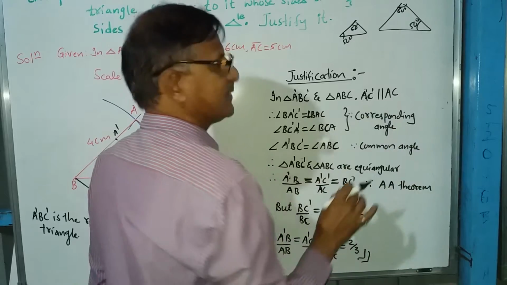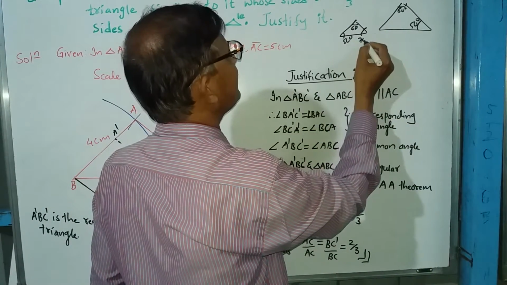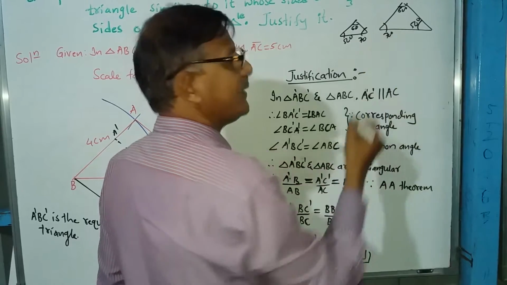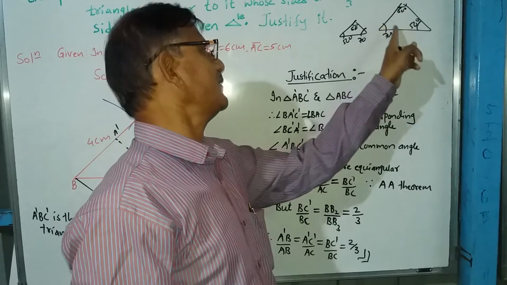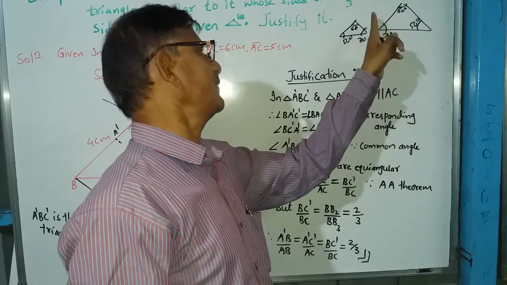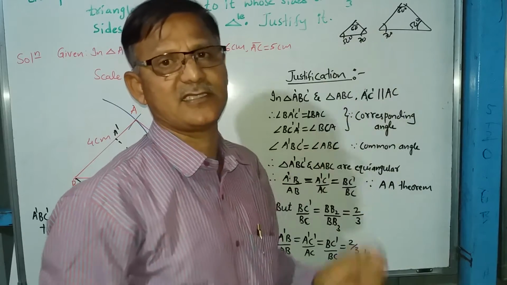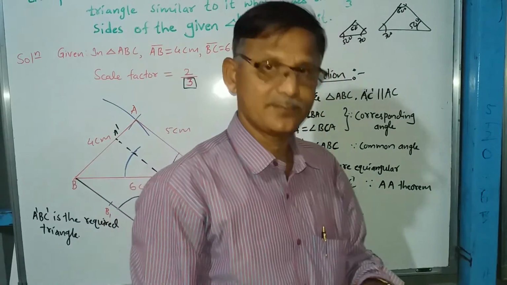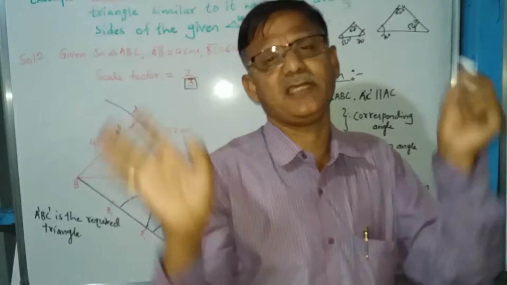Now total sum how much it is? 110. What must be the third angle then? The third angle here is what? 70. Here also the third angle should be what degree? 70. So in this way, if two triangles are having all the three angles of one triangle equal to corresponding three angles of the other triangle, then the two triangles are said to be equiangular triangles. And if the two triangles are equiangular, then they are always similar.